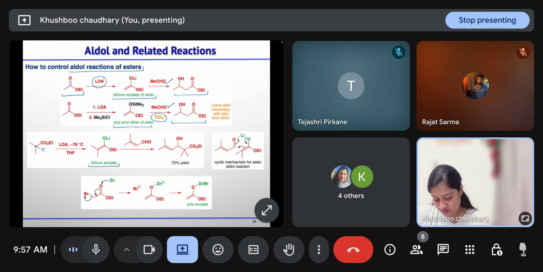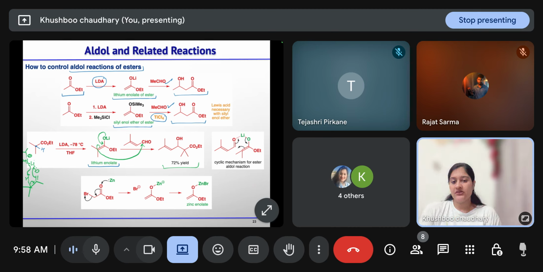It's better to show this in this way. First lithium will coordinate here, and here it is N negative and isopropyl groups. Then this nitrogen or this bond will take the proton, and this will shift here and this will give this species, lithium enolate. Then once the lithium enolate is generated, it will react with aldehyde. So this bond will shift here and this will attack the aldehyde to give you this beta hydroxy ester.